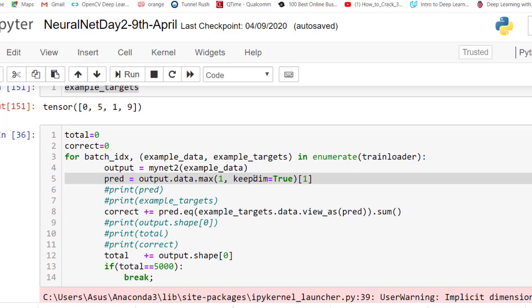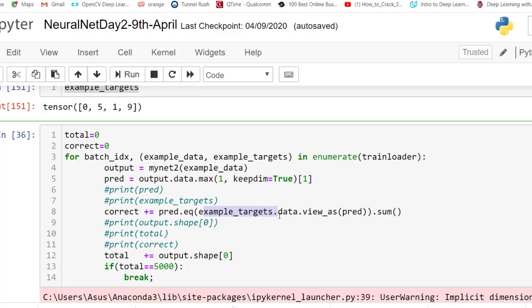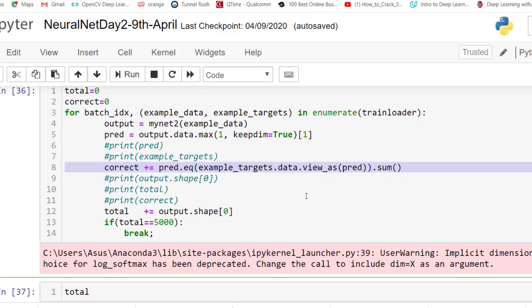Now this needs to be compared with the ground truth, which is in the example targets. So we increment correct: correct plus equals predicted. This compares the ground truth and the predicted value and increments the number of correct predictions.